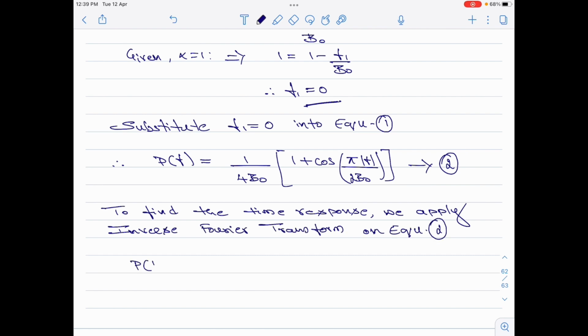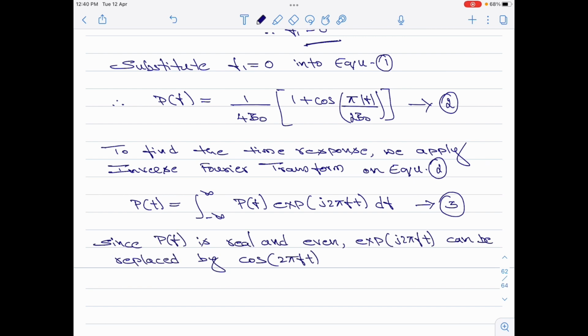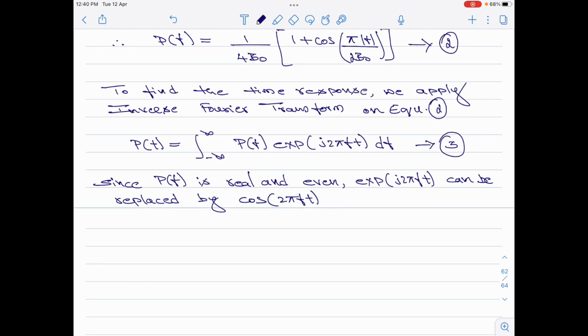That is, P of t is given by integral minus infinity to plus infinity P of f into exponential of plus j 2 pi f t df. Let me now substitute equation 2 into the current equation, which I will call equation 3. Here it should be noted that P of f is real and even. Therefore, the exponential of j 2 pi f t can be replaced by cos 2 pi f t. Let me write that part here. Therefore, equation 3 reduces to